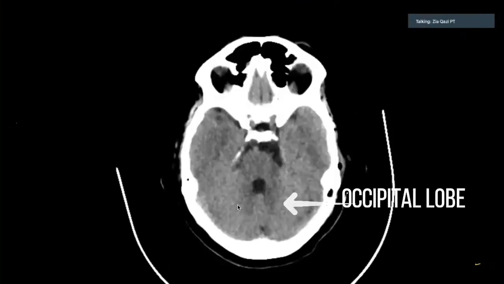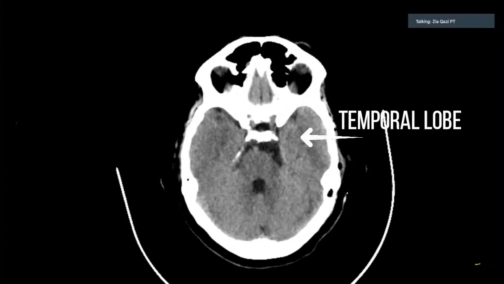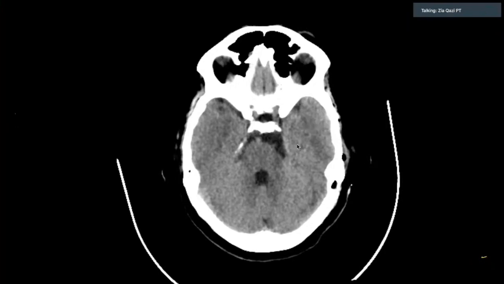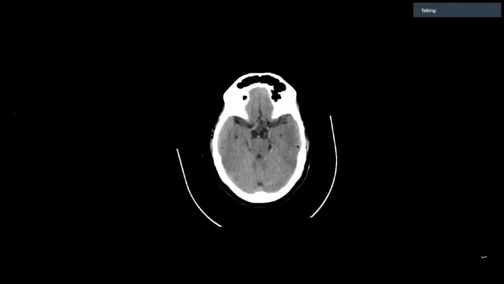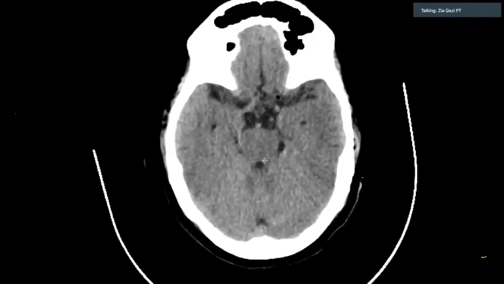Slowly ascending above it is the occipital lobe. Then the two lobes that you see in the picture here, more butterfly shaped, these are the temporal lobes. As we go more above, here you can see the midbrain or the pons area very clearly, joining with the posterior fossa, and the occipital lobe is starting, along with both the temporal lobes.